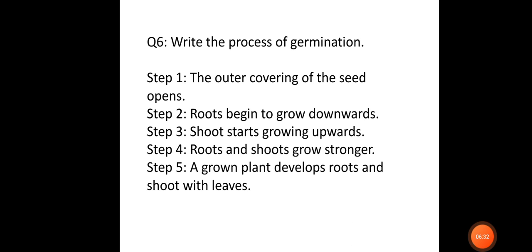So students, in question number 6, we have to write the process of germination. The question is, write the process of germination. Now students, in the previous question we have described what is germination, but now here we have to mention all the steps that are involved in the process of germination. So students, as you all know, before the process of germination begins,